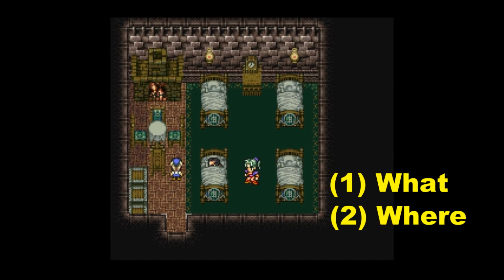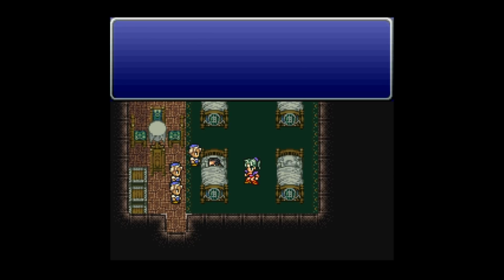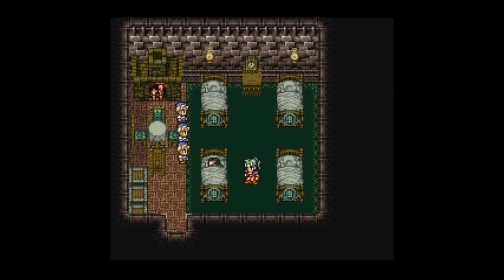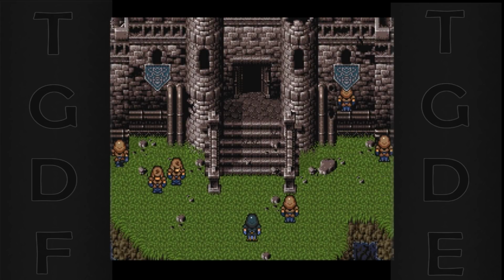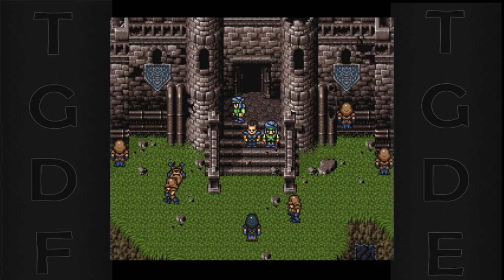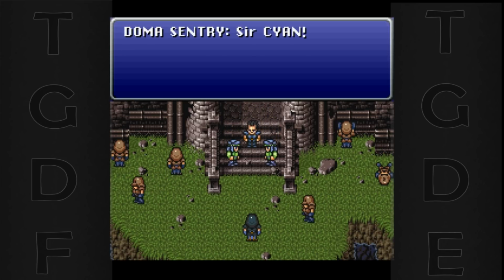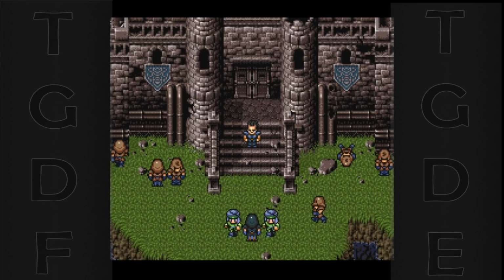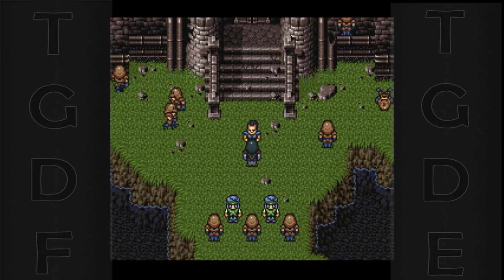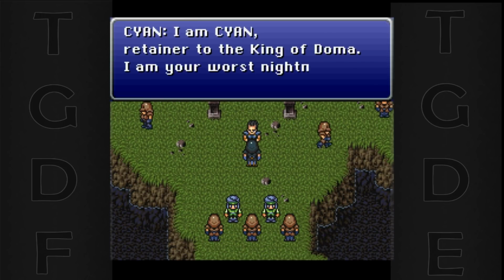But he leaves out something important. In order to start that quest, Cyan must be in the party. That last little bit is what defines this as an allusion rather than a direction. But it also shows us why allusions can be fun to encounter. Doma Castle is Cyan's home. Players who are paying attention to the game can figure out that he needs to be there, and the resulting quest is a reward for knowing the game's lore. In essence, it's a kind of intuition puzzle.